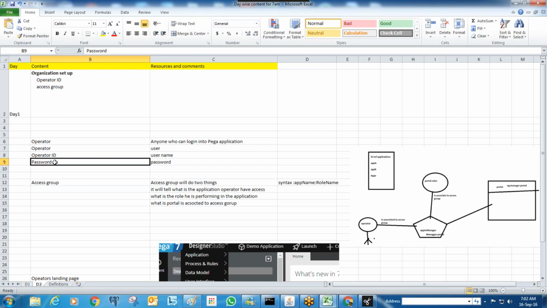When you join a company, whoever is working on that project will create it for you. It may be a lead, an administrator or an LSA. A normal developer can also create, but that depends on company policies. If the company has a policy that only a particular person should create it, then only the LSA will create it. If there is no such policy, anybody can create. The system won't stop you, right? That depends on the company.